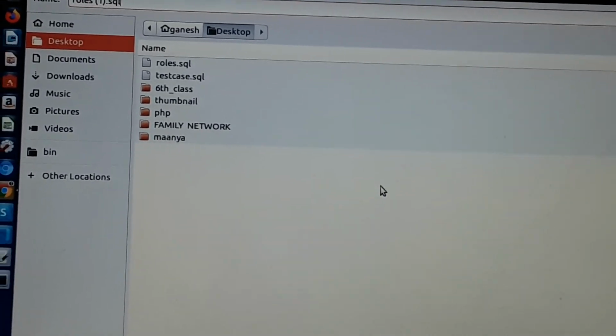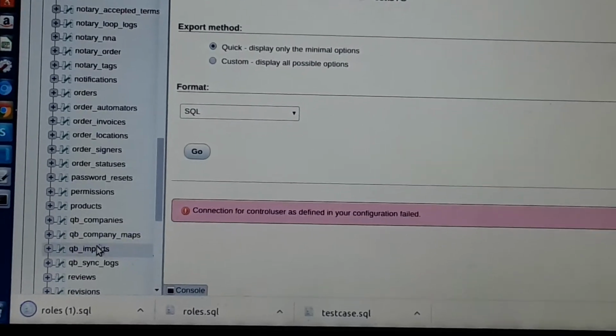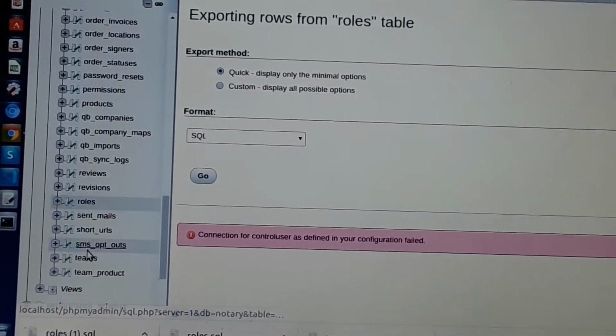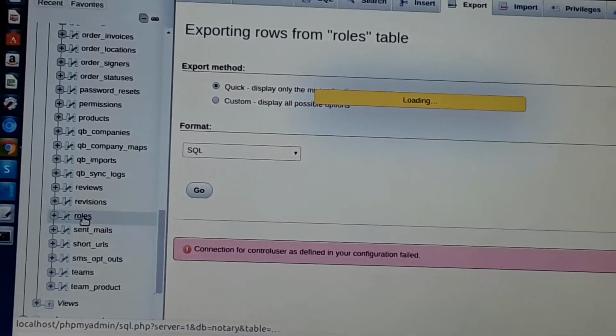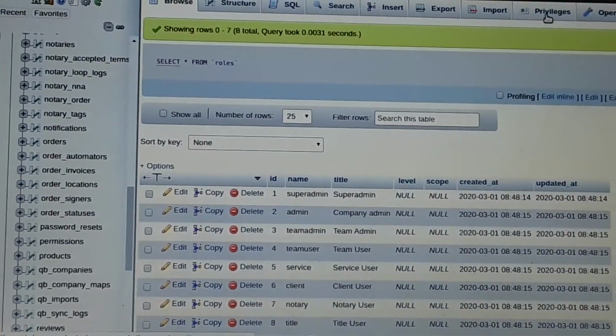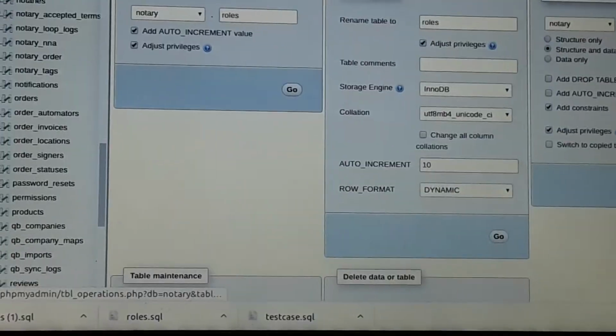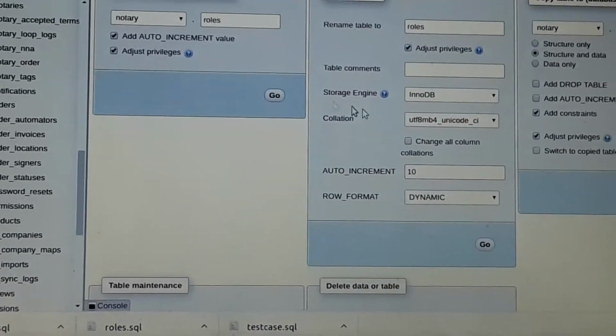Roles 1 SQL. I want to go here to the roles. Click on operations.